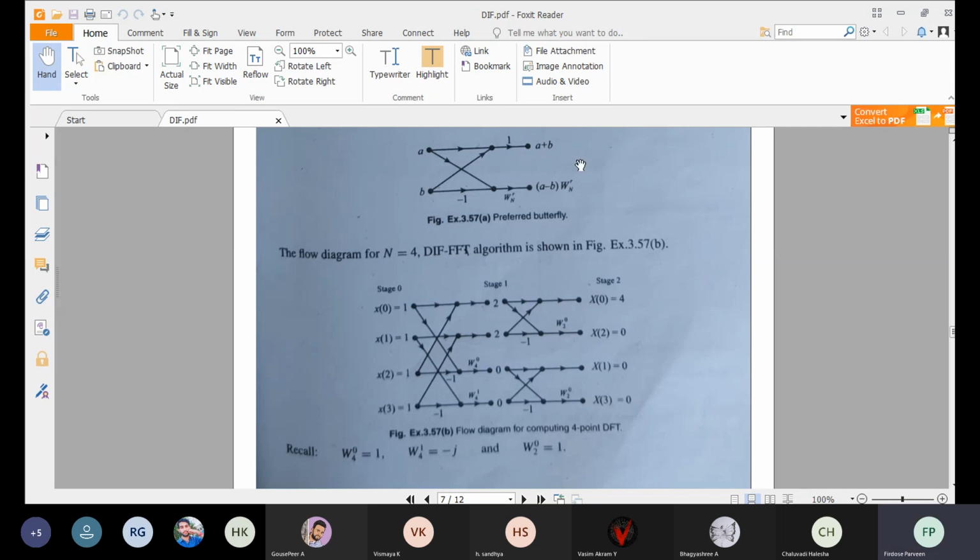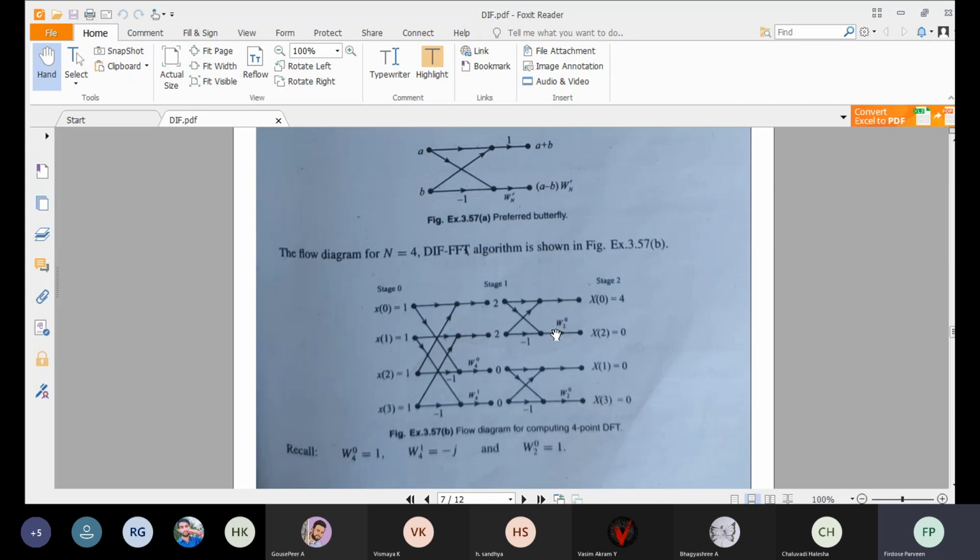That is 4. If you want, you can go with the formula, or if you can remember the diagram, seeing the diagram also you can write. Okay. This is 2. This is 2. 2 plus 2, what you will be getting? It is 4. Okay. In the same way, this is 2 and this is minus 2. 2 into minus 1, you will get minus 2. So 2 minus 2, it is 0. So I'll get 0 here.